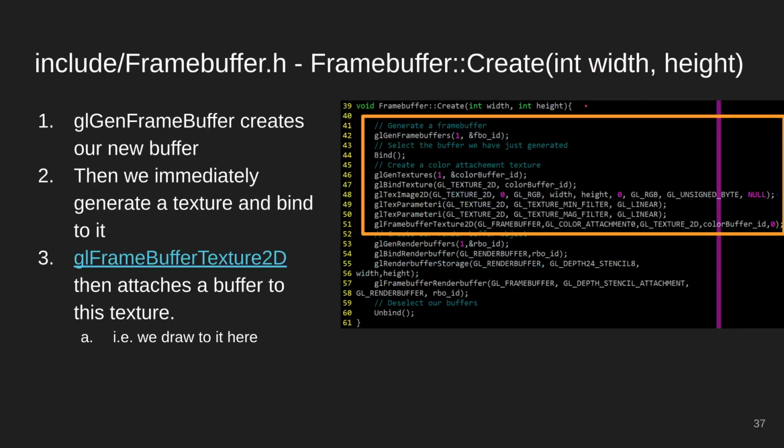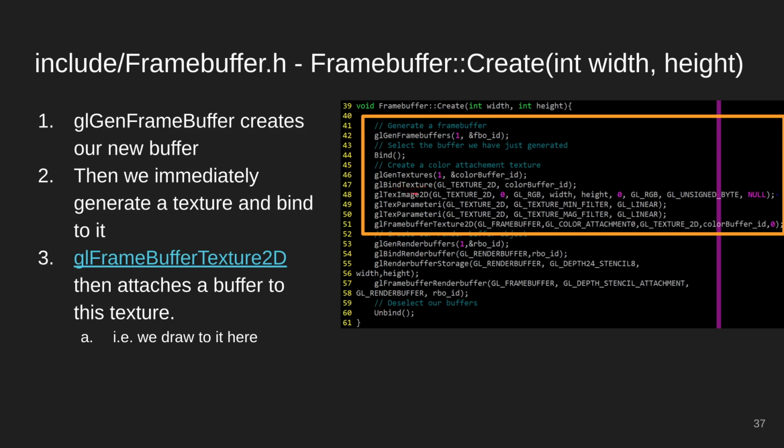It's just the width and the height of our screen, but this is where I said we have to do just a little bit more work in our frame buffer because, well, a frame buffer contains a bunch of pixels that have the actual thing that we want to render, so we need to generate a texture for that. Okay, so we're going to create our buffer. We do that with the gen buffer function. We bind to it, so again we're selecting or saying, hey, OpenGL, we're working with this. Remember, bind is like select. And then we immediately generate another texture. So we're going to generate our texture here, and then bind,